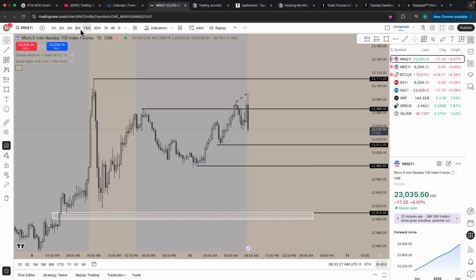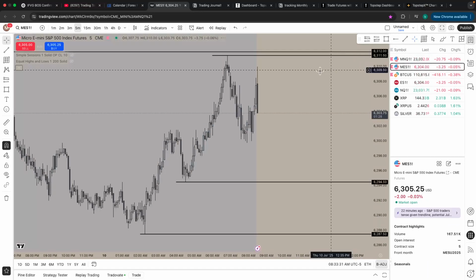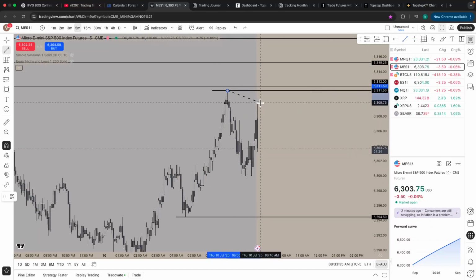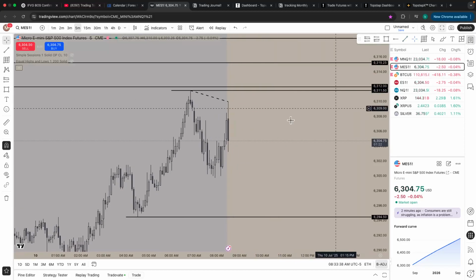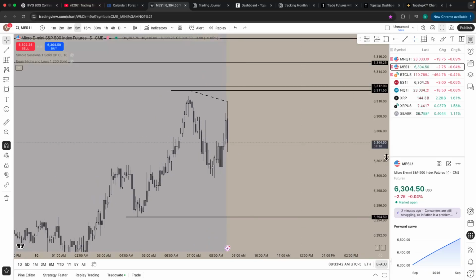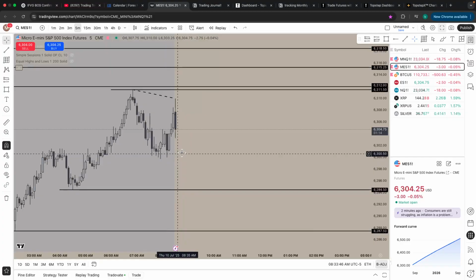We'll go to the 5 minute actually. They're right there in the 5 minute. We go down to ES. Holy, we got an S&T off the bat. No, we did not. ES never swept. ES is our lead pair. Honestly, I'd like to see a 5 minute break of structure. We had a 1 hour sweep on NQ.